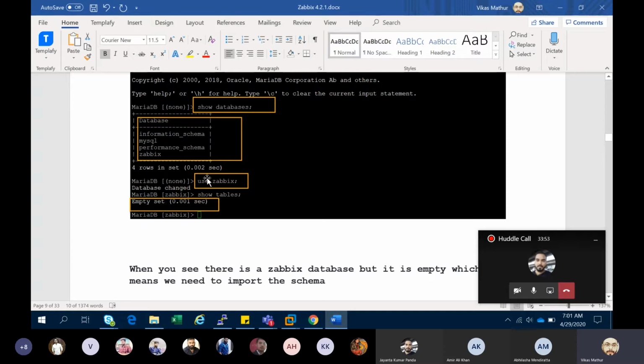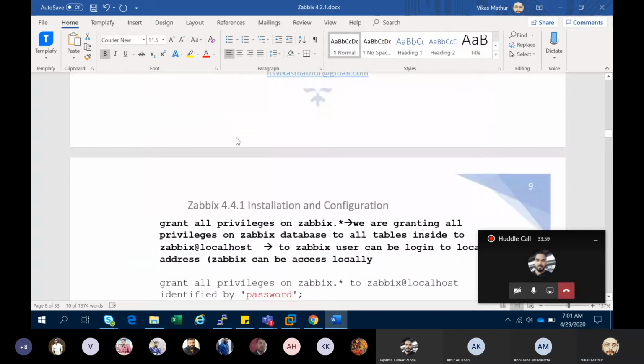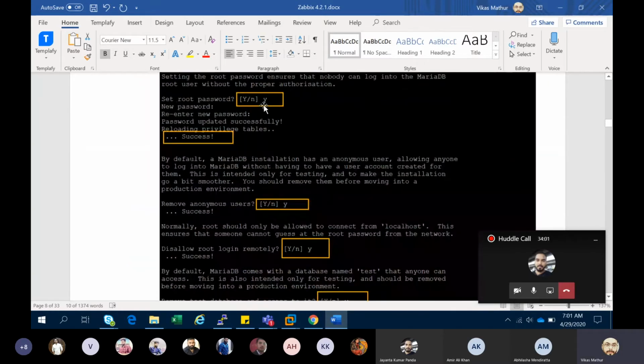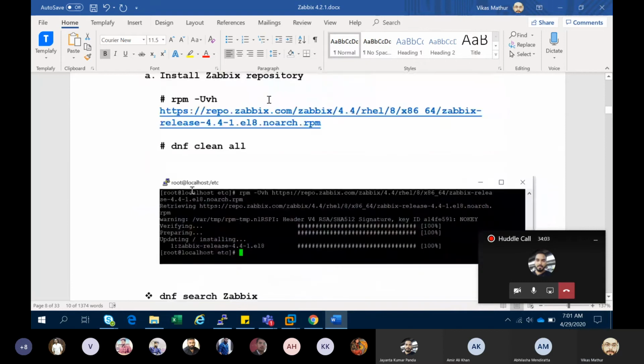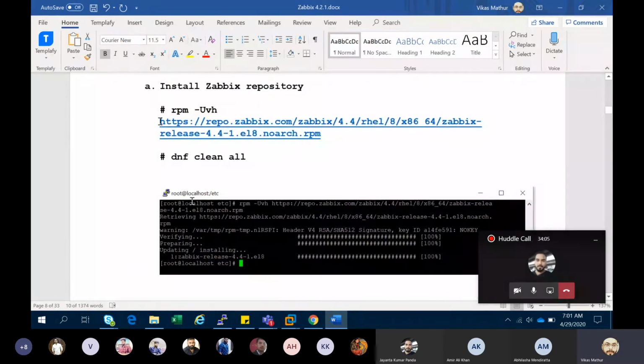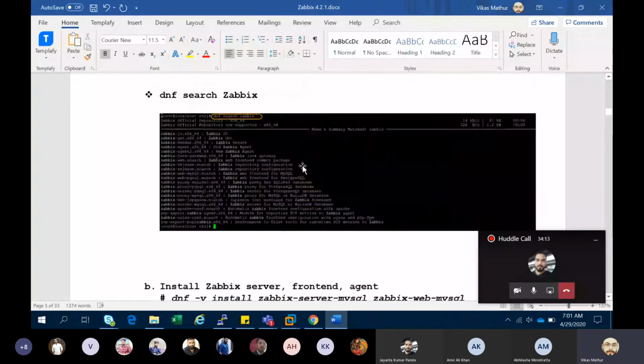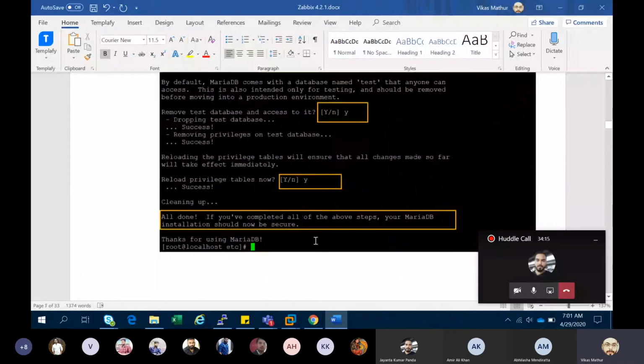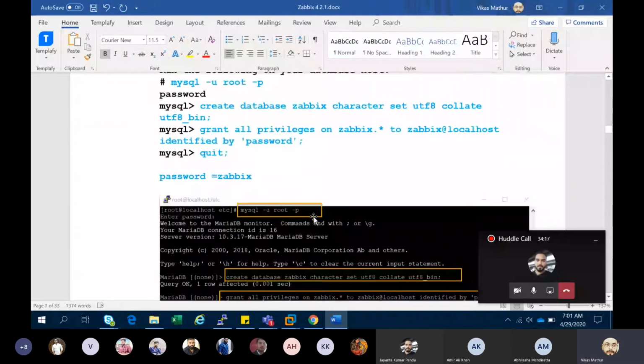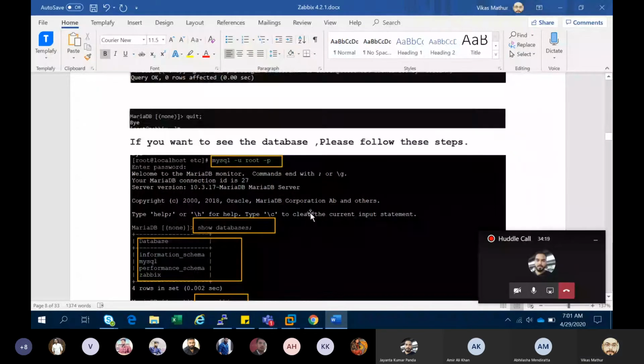So what is next? How can we build it? When you install this package, it will contain the database schema, and the whole configuration is also available in it.